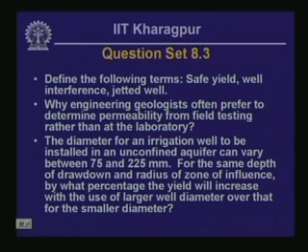Before we head into today's lesson, we look back at the question set of the previous lesson. Here are the questions. The first question that I asked was the definition of a few terms: safe yield, well interference, and jetted well. What is meant by safe yield is basically the yield that you could draft from an aquifer without permanently depleting the aquifer. So it depends really on not only the water, the